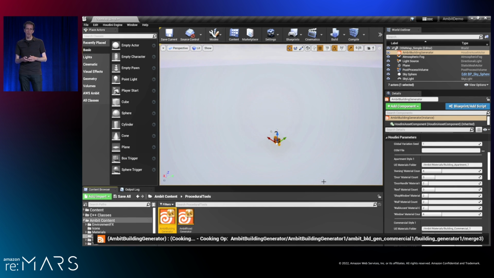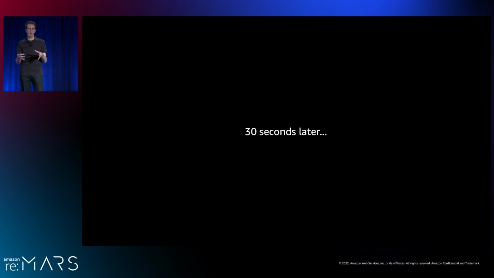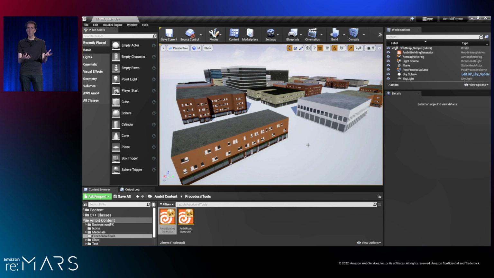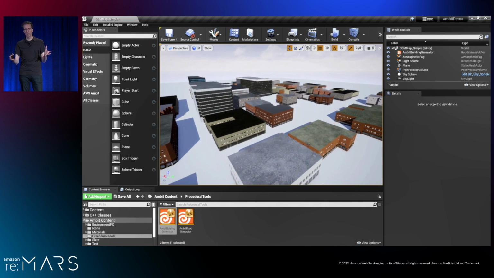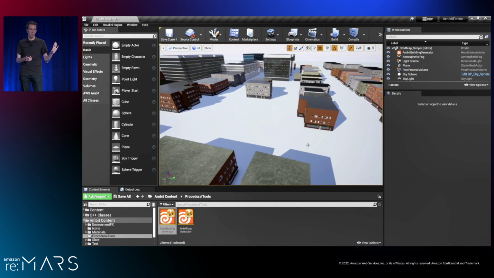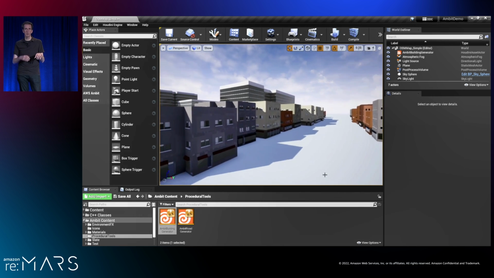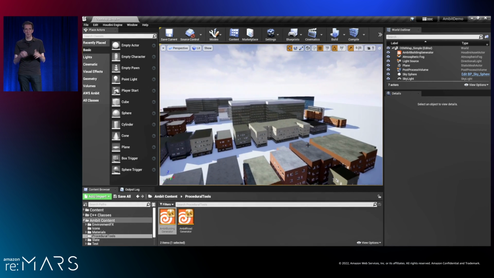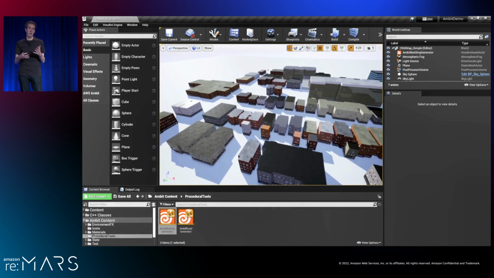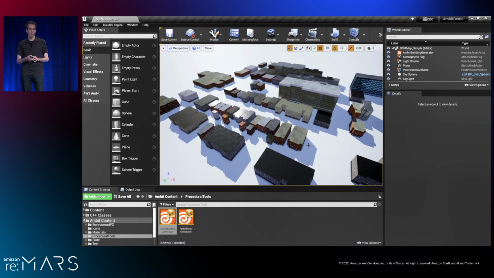So we load up that file, and it goes through a process called cooking, where it's analyzing that file and its metadata and generating the 3D buildings that represent that real neighborhood. So it doesn't try to recreate the facades of those buildings, but what it does do is it matches the real footprint in the real world of those buildings, the real height of those buildings, and of course the placement. And it uses some of the metadata about those buildings to provide some visual variation as well that's realistic.